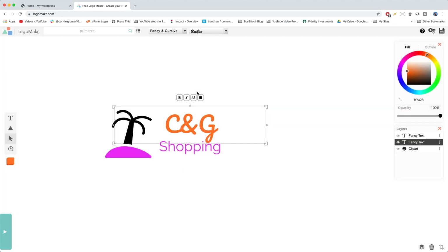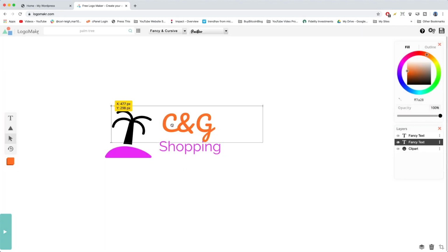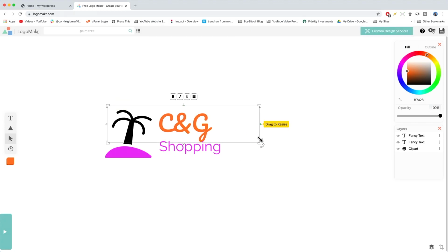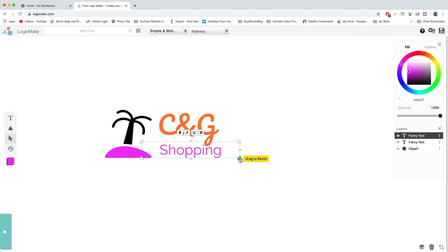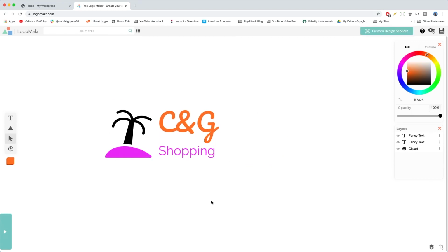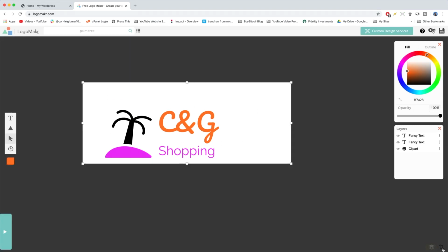And there's Pacifico, so we can be super consistent to our brand. Alright, and then move it to the left. We gotta center things again because Pacifico made it a little smaller. Alright, I'm gonna make shopping a little smaller too. And beautiful. So once your logo is ready, we just need to hit the crop button in the lower right